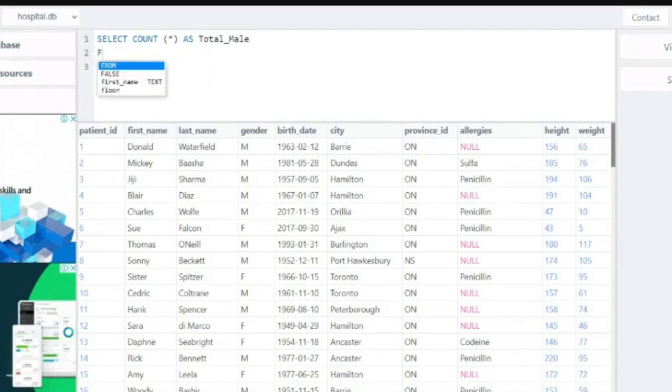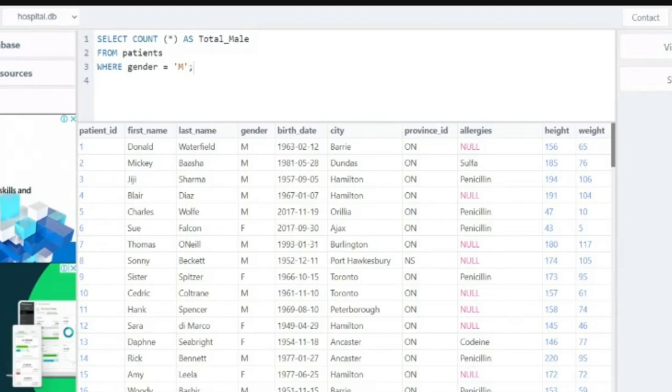That column will show the total count of all males in this table from patients where gender is equal to open quote, male, close quote.